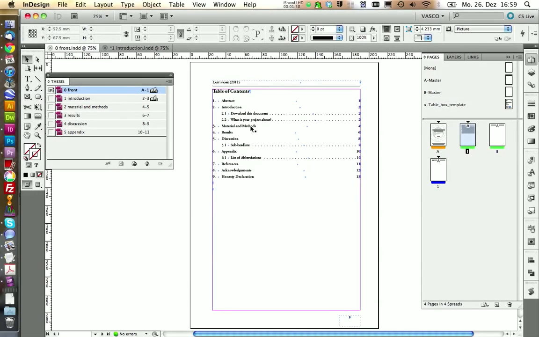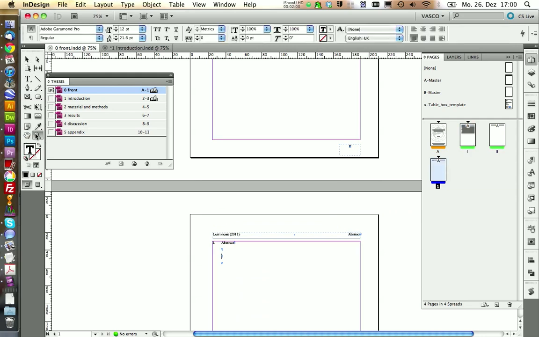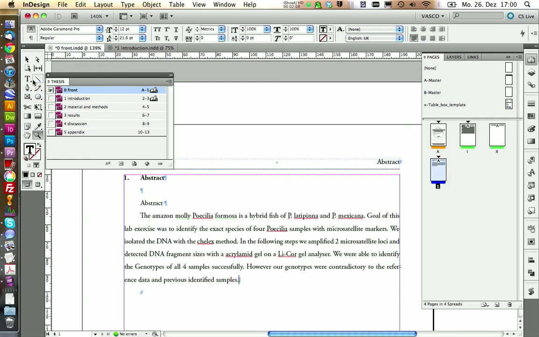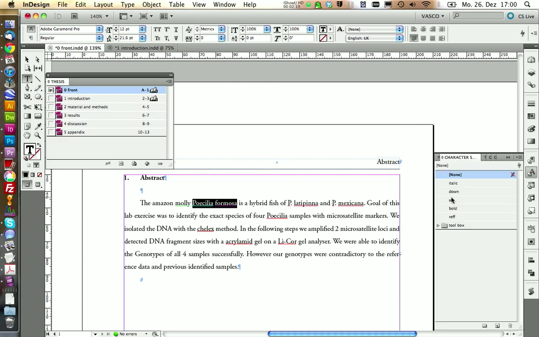If you go to our first page, for example, we have now our abstract copied. We can just paste it in here, like this. And now we need to delete the headline. And now we have to do some formatting. For example, the Latin species in here, we need to write them italic. And this can take quite a lot of time. So this is very tedious to do this in the end. If you imagine you have 200 pages and you need to do this on every page. So it depends on your personal preferences which way you want to choose to go.